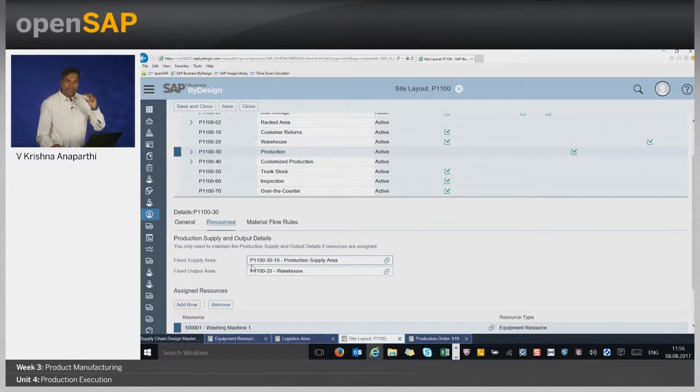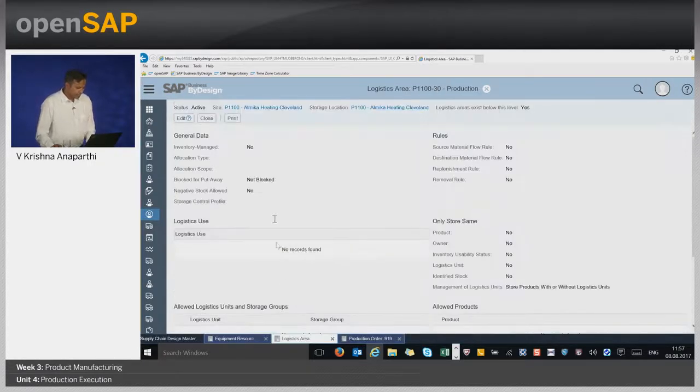It means that if a resource is positioned at this location P1100-30, then this particular resource will take the input from this bin and will put the output in this bin. So since we have used this resource in our production operation, what the system is saying is that please provide the components in this area so that I can consume them. And once I complete my operation, I will place the final product into the logistic area P1100-20.